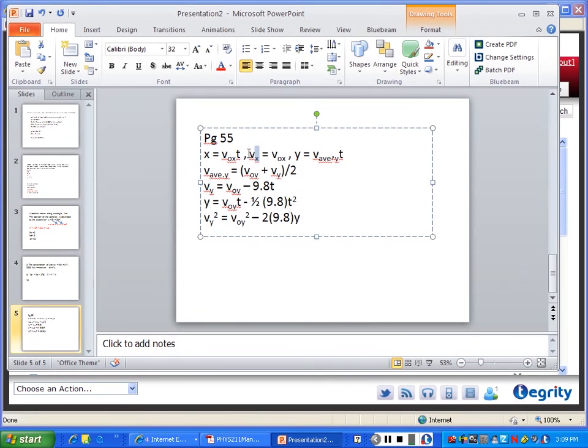Okay. Notice in the top equation here it tells us the distance x it travels is the starting velocity in the horizontal direction, VOX, times the time t. And VOX at all time is Vx at all time is the original horizontal velocity. So the fact is we're throwing an object at some angle, okay, but the only acceleration occurring is downward, so the horizontal part of that velocity doesn't change, but the vertical part of that velocity does change as a result of the acceleration of gravity. VOY and VOX are the components of the velocity